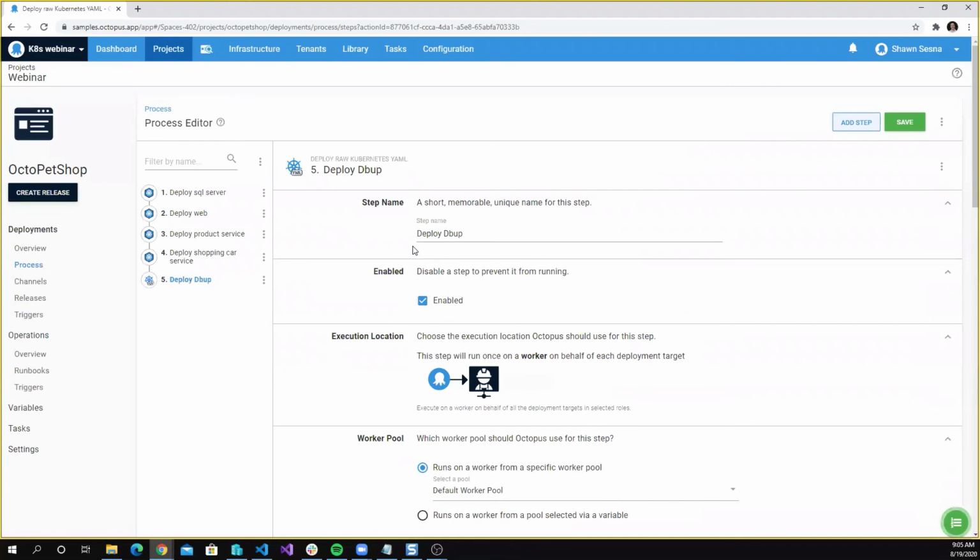Now, the one thing we haven't done is given the ability for the internet to talk to our web front end. Now, there are two ways that you could do this. You could do this with an ingress controller or a load balancer. For this demonstration, we are going to use a load balancer. So I'm going to click on Add Step again,